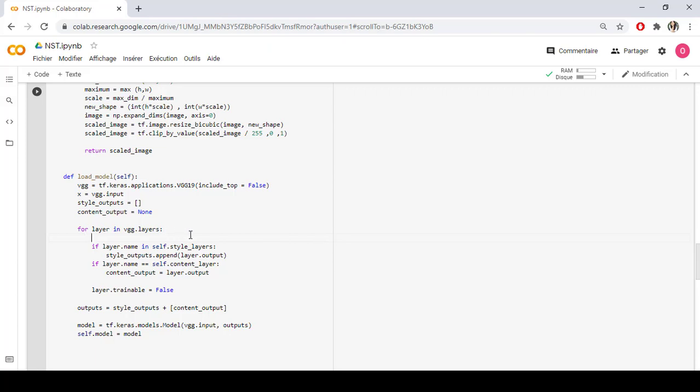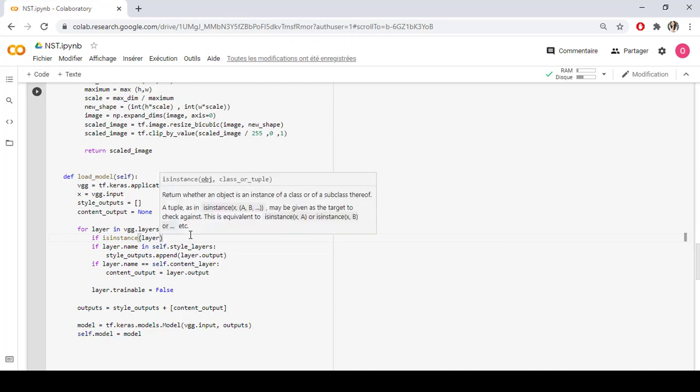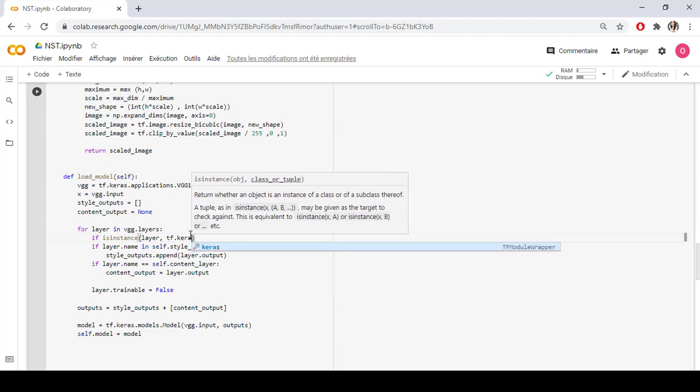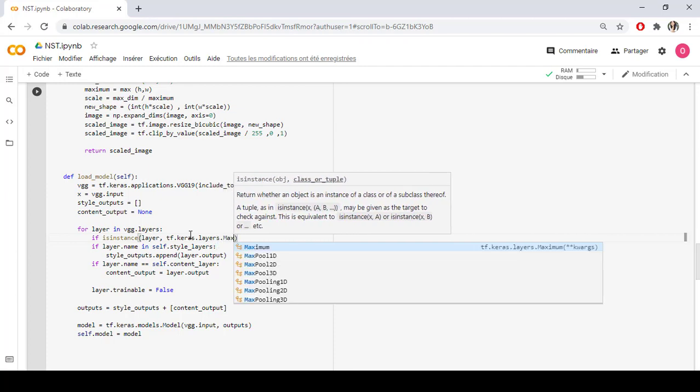If our layer is an instance of the max pooling layer, this is one way to do it. There are several other ways. So if the layer is an instance of tf.keras.layers.MaxPooling,